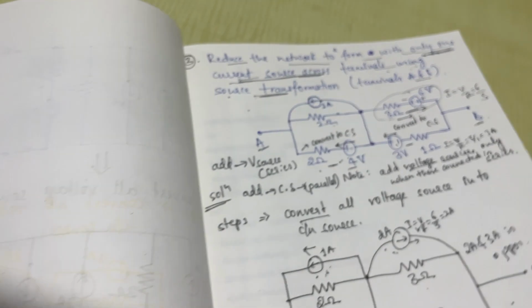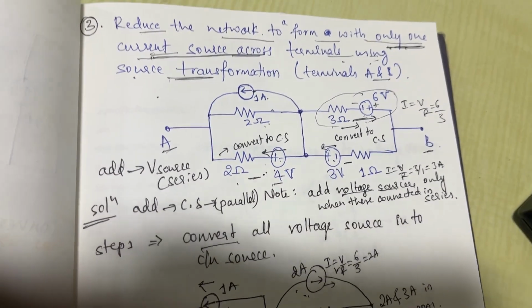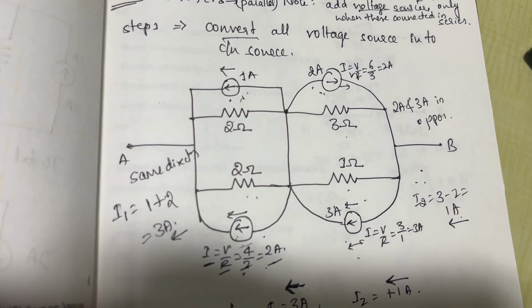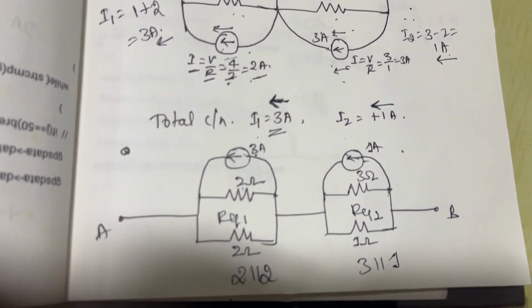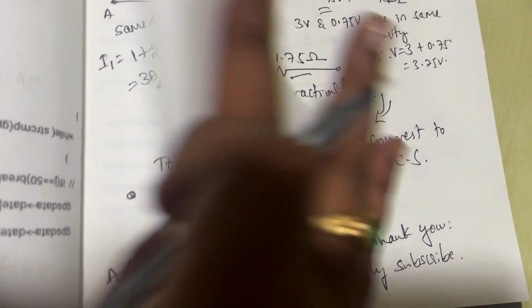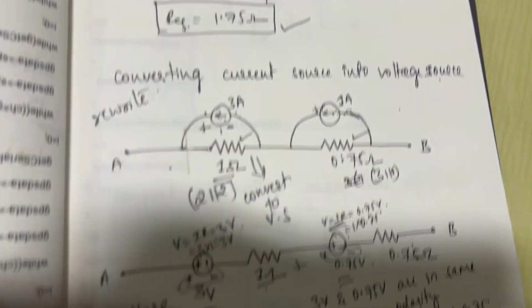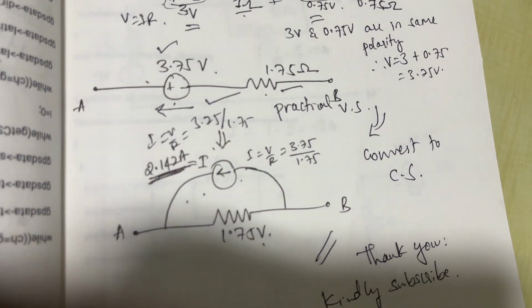If you want, you can see once again, have a look here at the circuits. The first step you can get like this, next equivalent current sources, later equivalent current sources and equivalent resistances, converting to voltage source, then